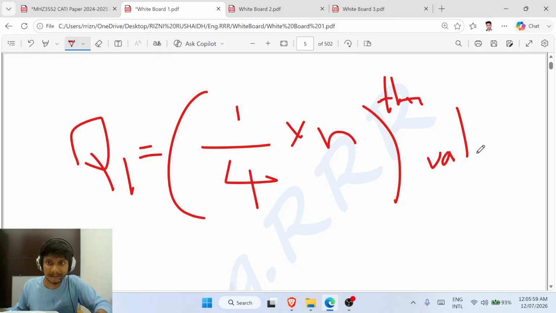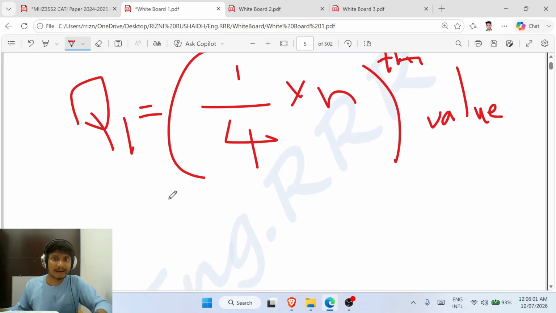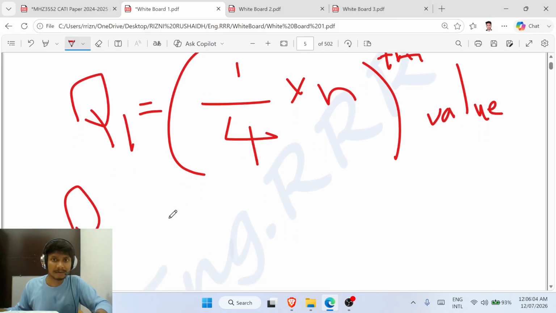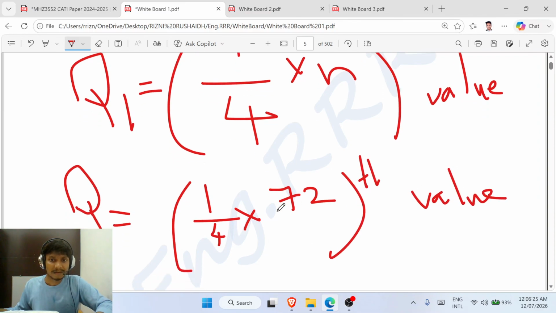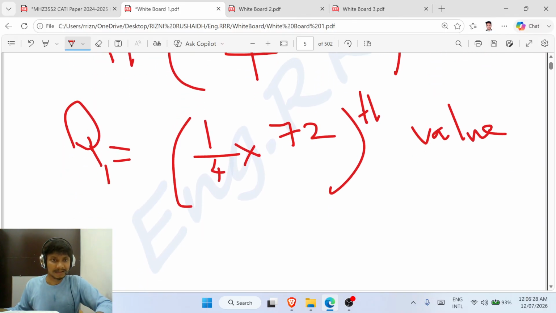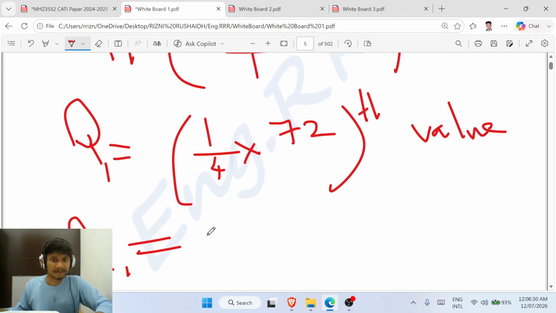What is the meaning of this? First, substitute n is equal to 72 in this equation. We have Q1 is equal to 1 by 4 into 72th value. Okay. What is the answer? Q1 is equal to